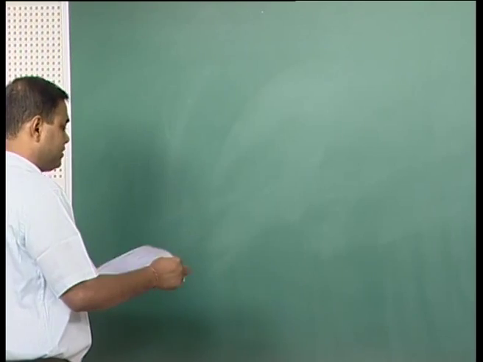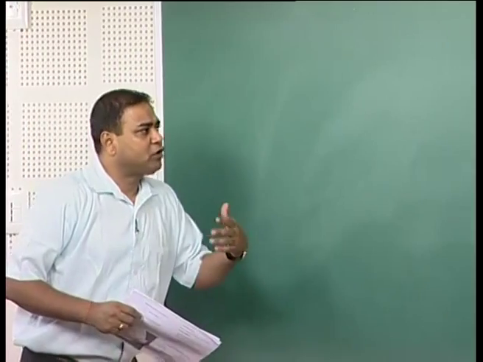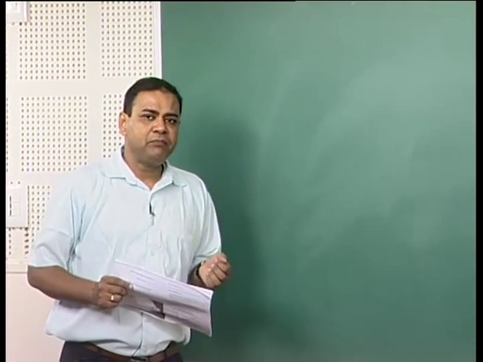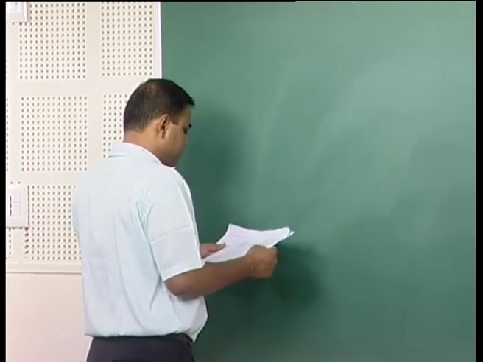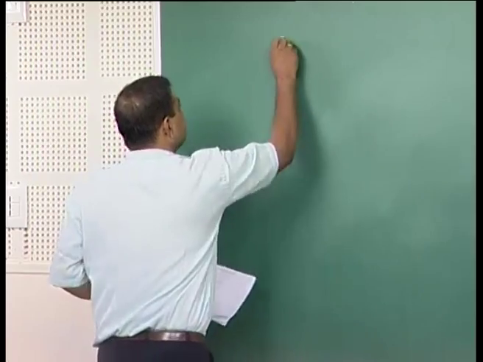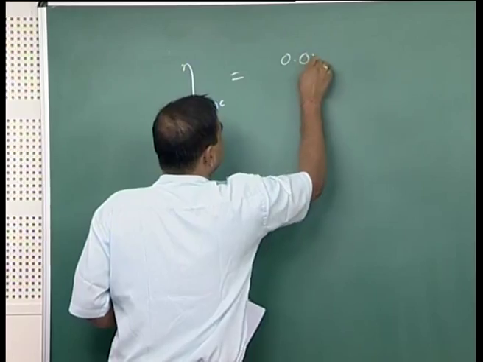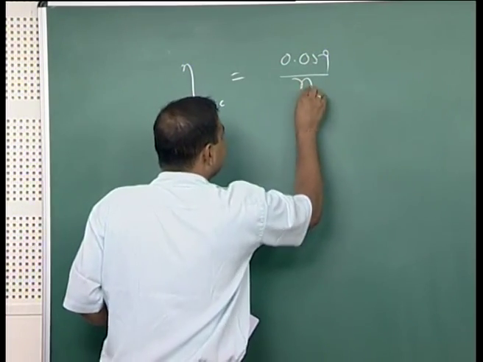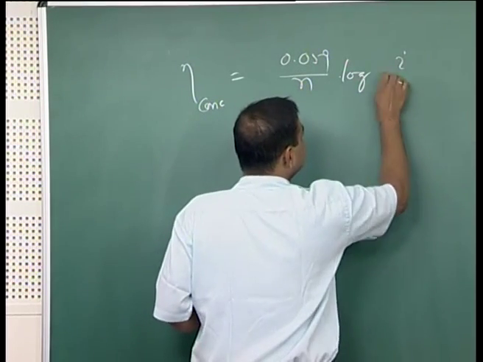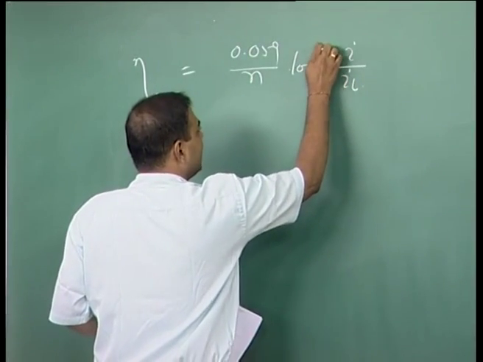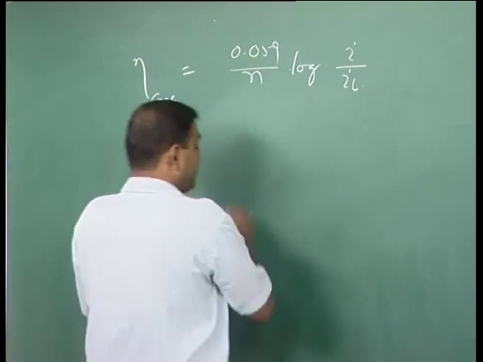Now, whenever we consider concentration polarization, let us only take the polarization factor which is coming from cathodic concentration polarization. Now, whenever we try to see the polarization effect, this is my concentration polarization, which would be equal to 0.059 by n into log I by IL. Let me check, I think this should be, yes, this should be 1 minus